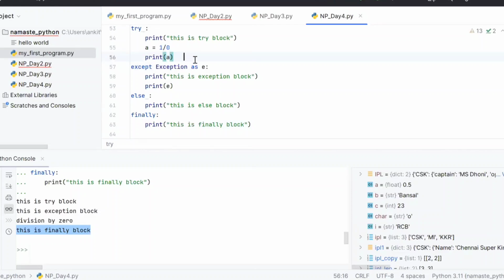If there is some error, it will go into the exception block. If it is not going into the exception block, it means you want to take some action based on that. If everything works fine, then I want to run this else block. But if everything goes fine, then we can use it in the last statement of the try block, right? That also works.